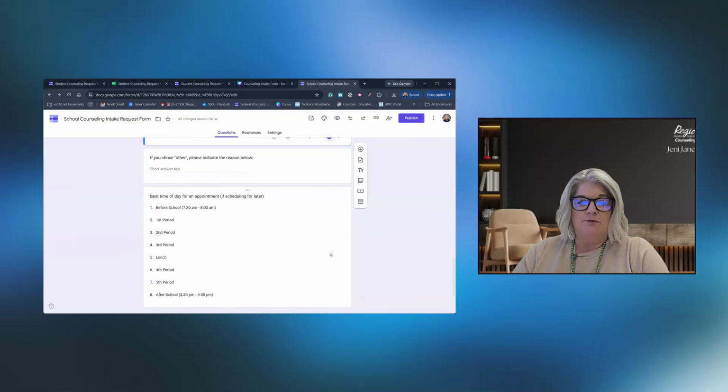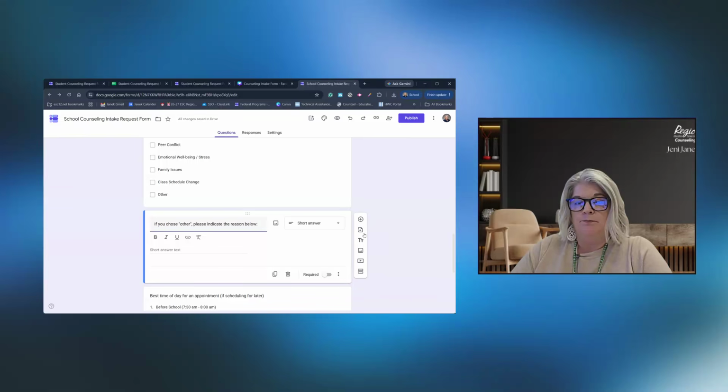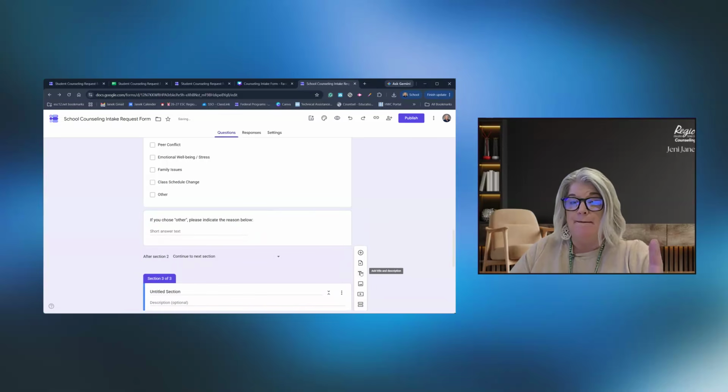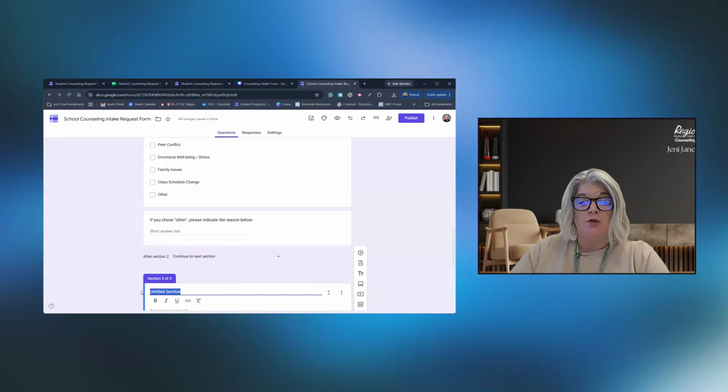The best time of day for an appointment if scheduling for later. Now, I don't want that here. So what I'm going to probably do is add another section below this question. I go to add section and it pops me down to a third section. Okay? So now that I have a third section and it's going to be for a general concern, let's label